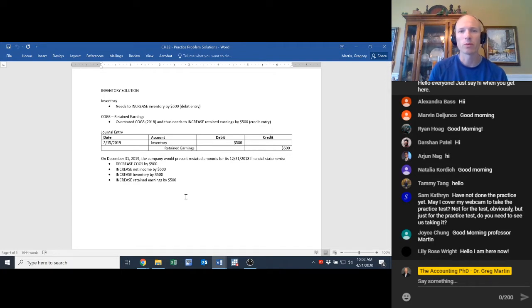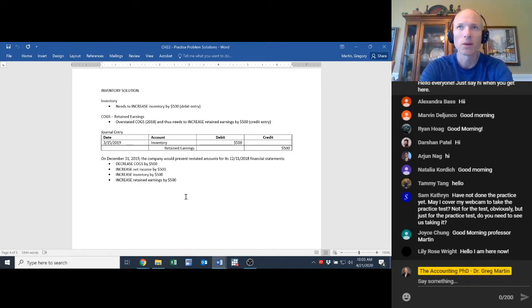And so my inventory balance, if I missed that count, it means there's $500 more of inventory. Part of the intuition for this particular problem that some students might find a little bit challenging is that if it wasn't counted in the inventory, then it would have been mistakenly included in cost of goods sold. In other words, it didn't just disappear, because the way things work is you have your beginning inventory, you record all the purchases that you make, and then you do an ending inventory count, and that together gives you your cost of goods sold.